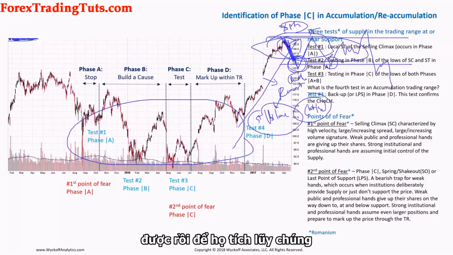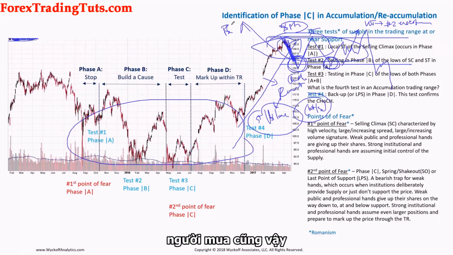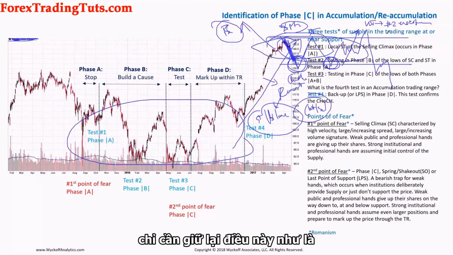All right, so they accumulate, the price goes up into the upthrust. This becomes a second point of excitement for them. The first one was on the buying climax. This is where they will be buyers as well. And they are saying, this time I'm just going to hold on to this. And as the price goes down into this excitement with them adding to the position, institutions are going to sell,